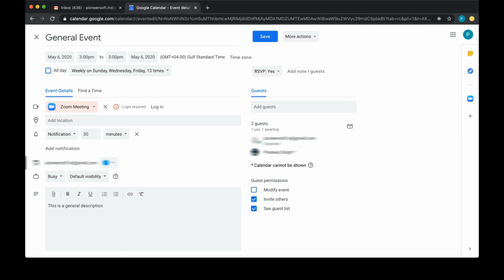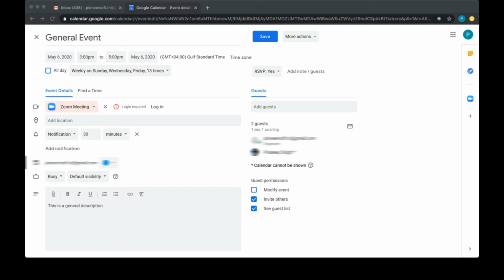Once you try to do so, it requires you to log in. Click on the login button. It takes you to the Zoom login screen, and from there select Sign in with Google. Now it requires you to authorize the Google Calendar application to access Zoom data.